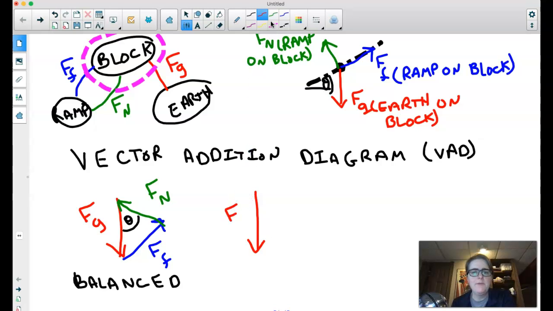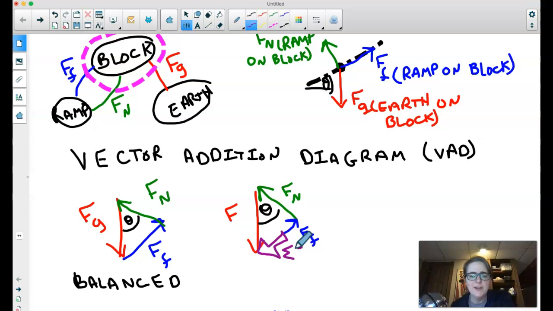Now, if my force of friction were a bit less, my normal force wouldn't change. But if I had less force of friction so that it wasn't enough to take up this full side of the triangle, then I would have some net force. This would be unbalanced. And then the arrow for the net force goes backwards, because if I think about when